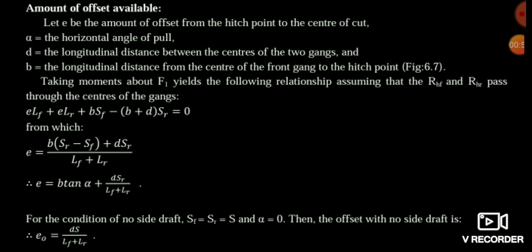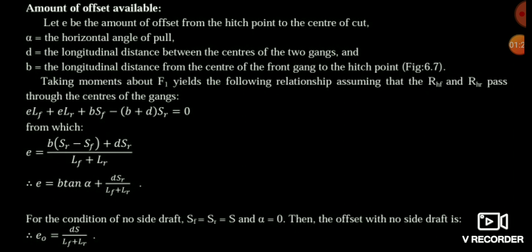फ्रेंड्स, आप ये फॉर्मूला याद कर लो. द बेसिक फॉर्मूला मीन्स E इज इक्वल टू बी इंटू (एस आर माइनस एस एफ) प्लस डी इंटू एस आर डिवाइडेड बाई (एल आर प्लस एल एफ). आप ये फॉर्मूला याद रखो. देन आफ्टर यू कैन एबल टू सॉल्व ऑल द क्वेश्चंस. सो आप ये बेसिक फॉर्मूला एटलीस्ट याद रखो. इफ यू वांट टू रिमेंबर मोर देन इट, देन यू कैन रिमेंबर द tan alpha terms or different terms, different conditions you can remember, but the basic one at least you should remember.